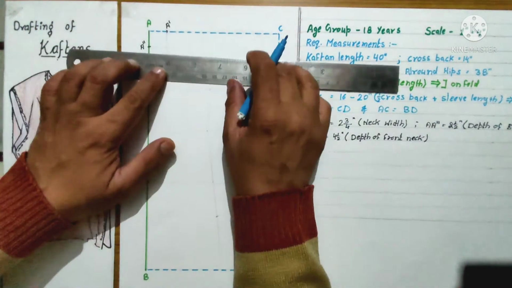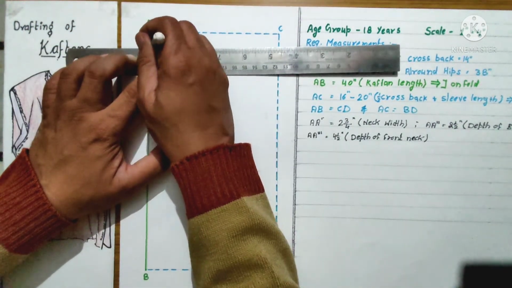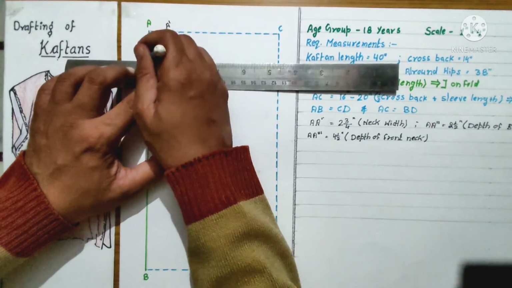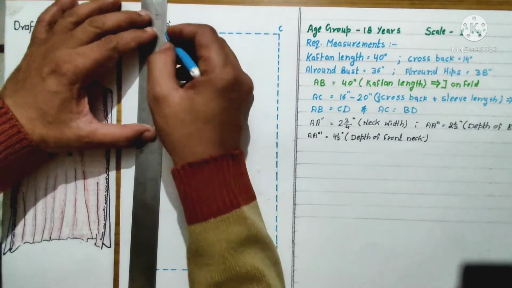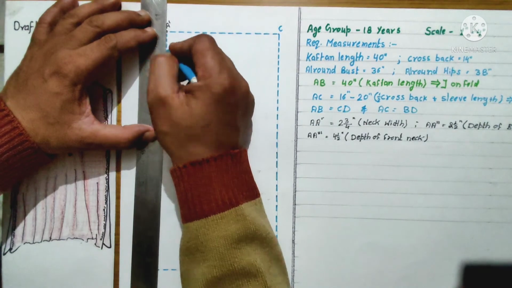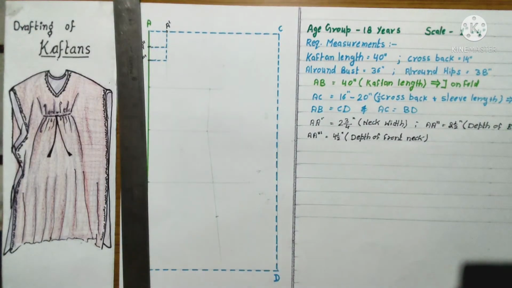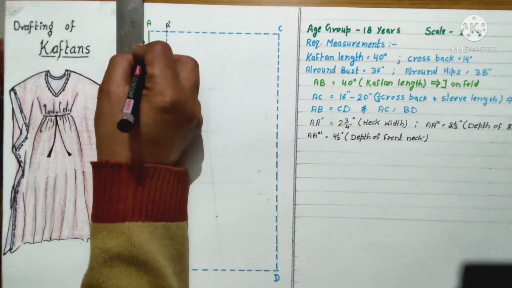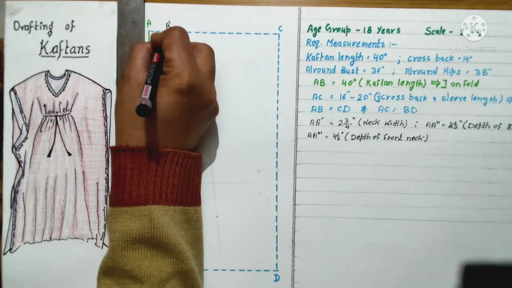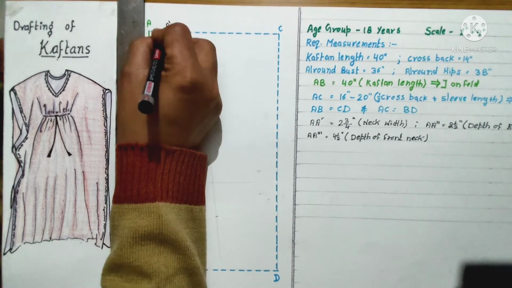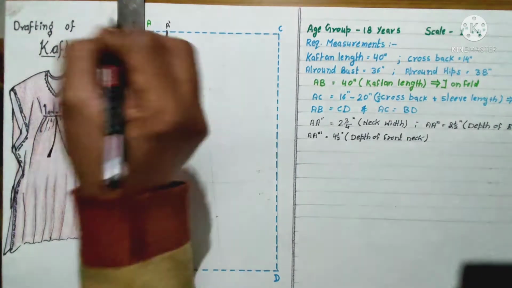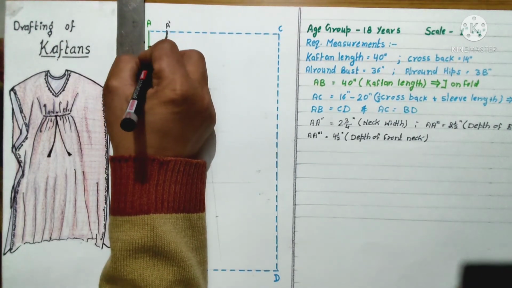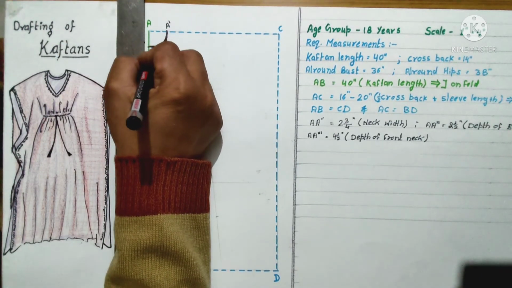We'll just square out a line from all these 3 points, from A dash, A double dash and A triple dash, and we'll prepare the rectangles or the squares. And now we'll give the shape to the neckline. Back neckline I am giving here as a simple round, and front neckline I am giving a pond shape, as you can see in the illustration.